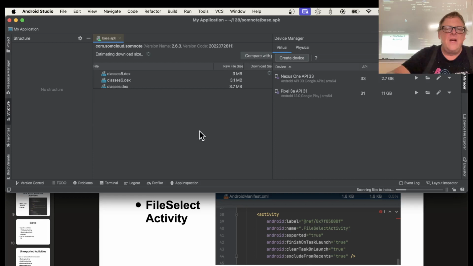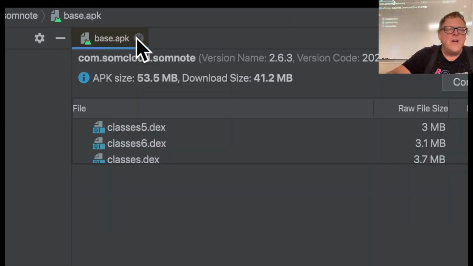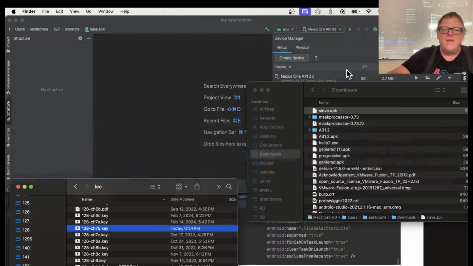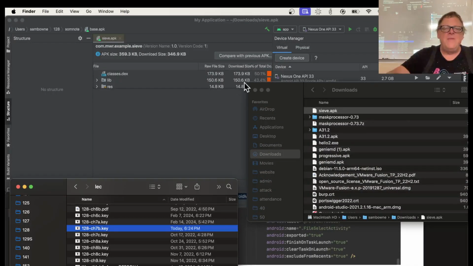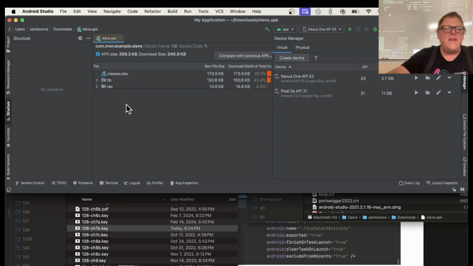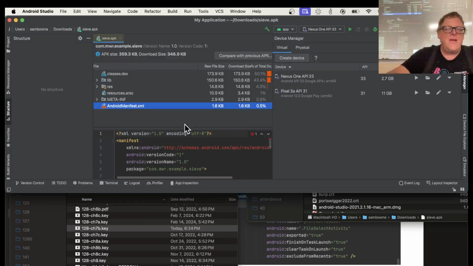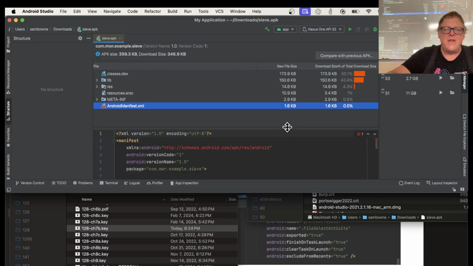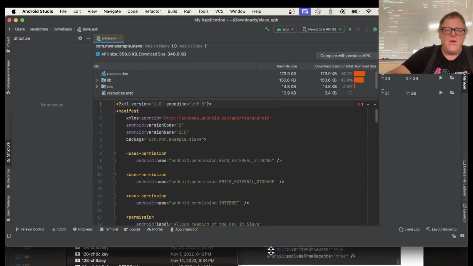All right, now I've got this central pane where I can examine apps, and I'd like to close this old one. There we go. Now I can put Civ on there. I've already got it downloaded here. There's Civ. So I drag it into the middle. I can examine this app. We've done this before, and it's really quite handy. And now we can take a look at the Android manifest. And the Android manifest contains a lot of useful information, and in particular, it contains all the